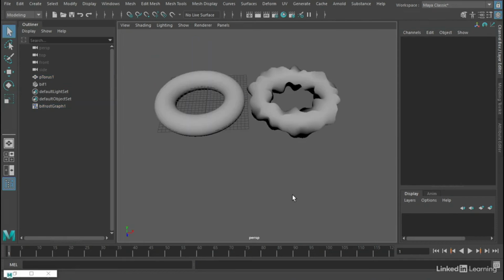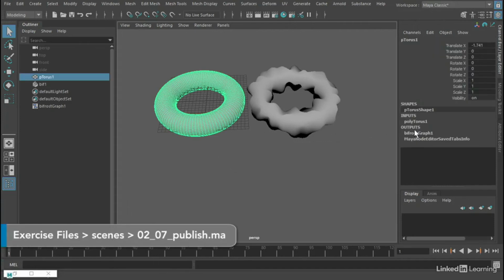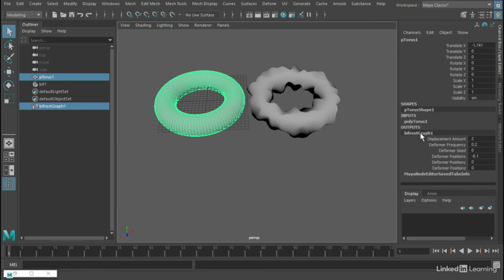We've got our simplex noise effect working, and we can demonstrate that if we select our torus object and go into its output nodes to Bifrost Graph 1 and make adjustments to these various attributes, such as the displacement amount. You can select that name and middle mouse drag to access the virtual sliders and set that displacement amount, or the frequency. We can set that to a higher value, maybe 0.3. And the seed, which is the randomness, we can set that to some other integer value like 4 and get